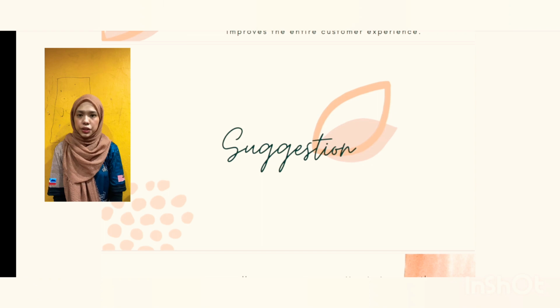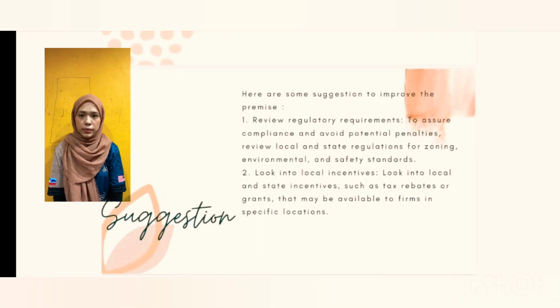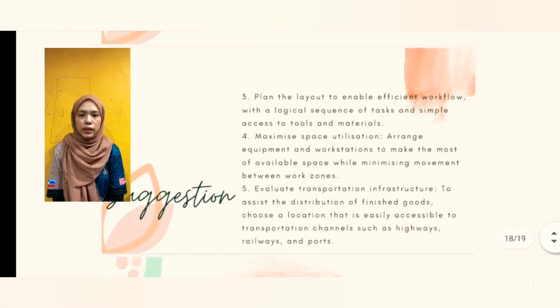Here are some suggestions to improve the premise. First, review regulatory requirements to ensure compliance and avoid potential penalties. Review local and state regulation for zoning, environmental and safety standards. Second, look into local incentives, such as tax rebates or grants, that may be available to firms in specific locations. Third, plan the layout that enables efficient